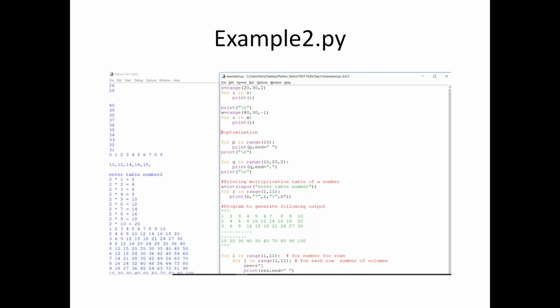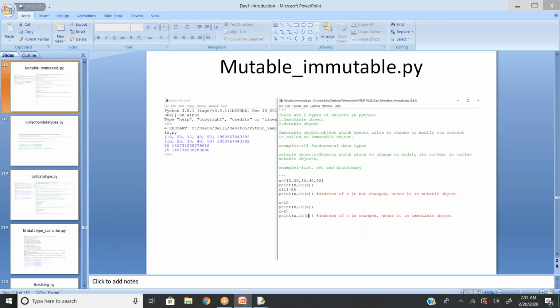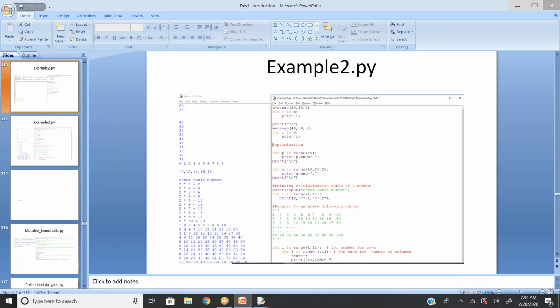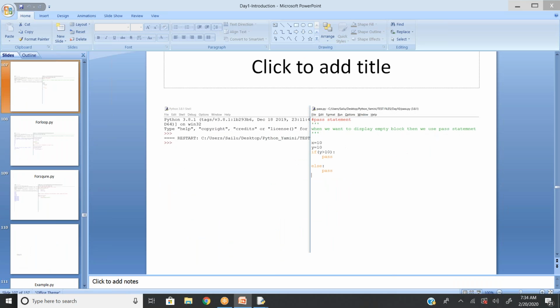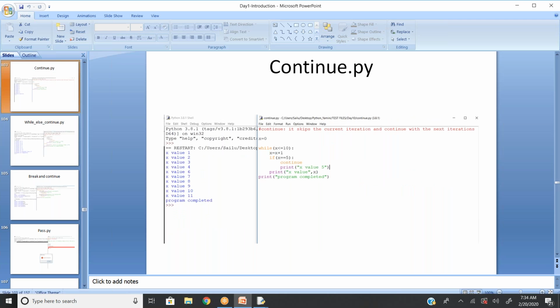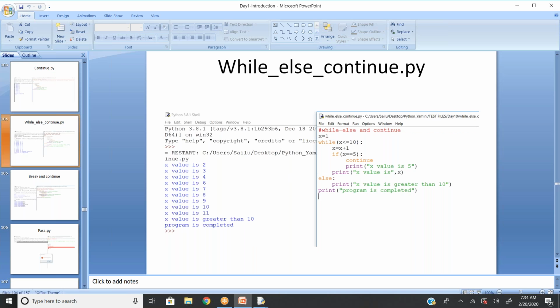Is it clear or not? Any questions? No. Yeah, I'm good. So we'll wrap up for the day, and tomorrow we'll discuss a few more data types which we have not discussed, called list, tuple, set, and dictionaries. These 4 different types are important. Once we finish that, we'll go for functions. So far the functions we used are existing or inbuilt functions of Python. But if I ask you to create a new function, how to create it and how to use that function for your real-time scenario, we will discuss.